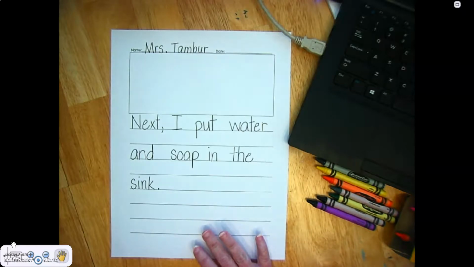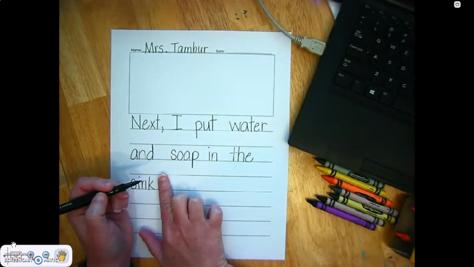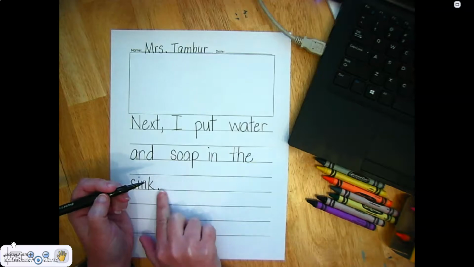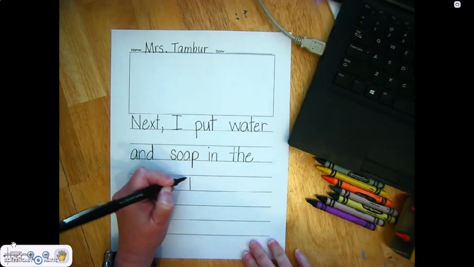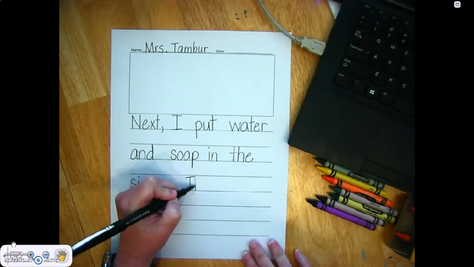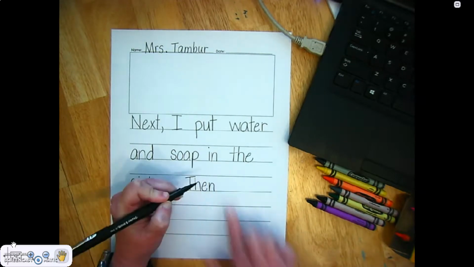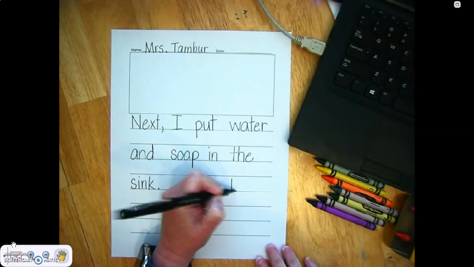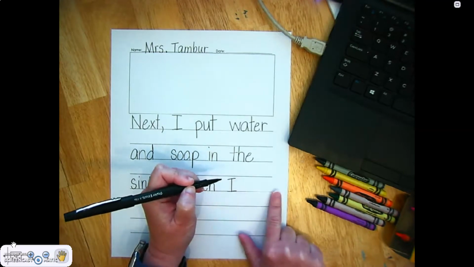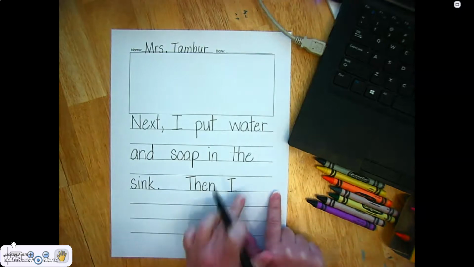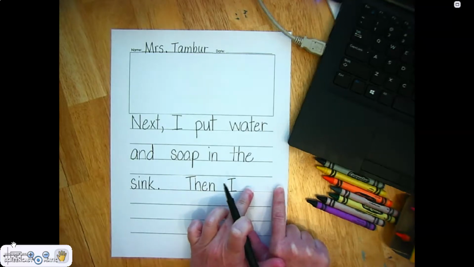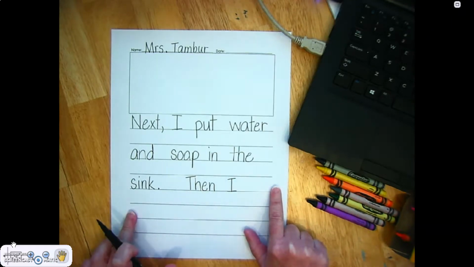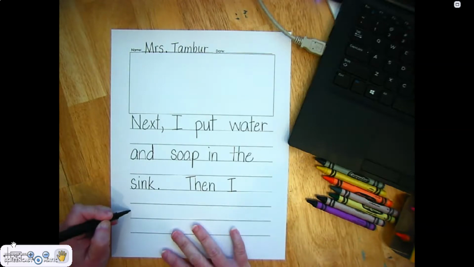So I'm going to actually add another sentence here. You don't have to, but you can. So I'm going to leave a nice, actually 2 finger spaces after my period. We haven't done that a whole lot, but I'm going to start with another capital letter because I'm starting a new sentence. Then I washed. Okay, that's some space, but I don't want to try to fit it in there, and I don't want to put washed and then or put wash and have to finish it down here. So I'm going to go down here. Then I washed